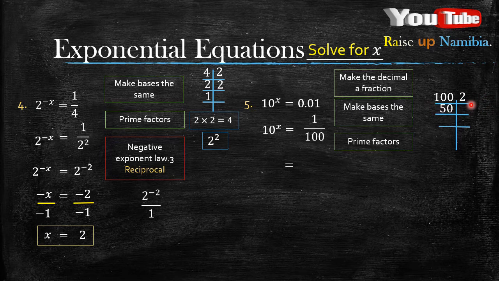Now 50 divided by 2 will still give you a whole number, which is 25. But now when you get to 25, you notice that if you divide 25 by 2, it won't give you a whole number. It gives you what? It gives you a decimal number. So you move up to the next prime number, which is 3. If you divide 25 by 3, does it give you a whole number? No. It gives you also a decimal number, which means you move up again to the next prime number,